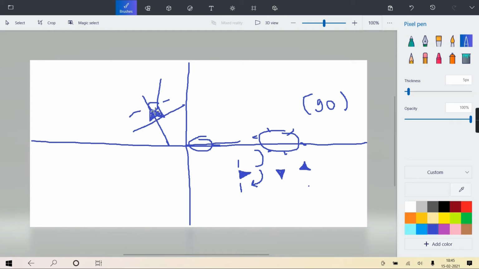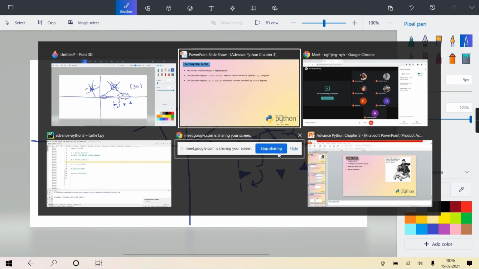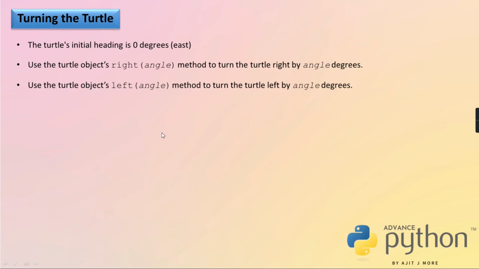Suppose your turtle is currently facing this side, so this is its right side and that is left side. So I am telling rotate 90 degree. So the turtle will look now this side. I am saying rotate 90 degree left, so after turning 90 degree left, the turtle face will look like this. So it depends on which direction it currently is.